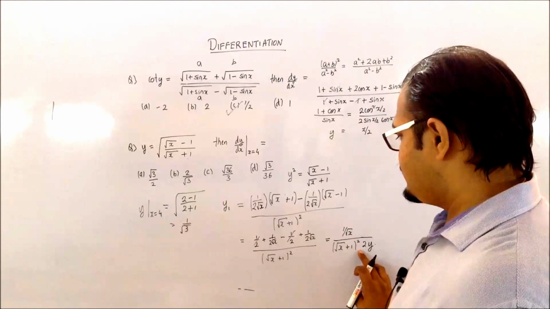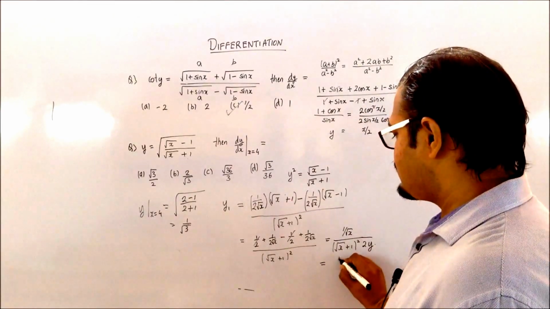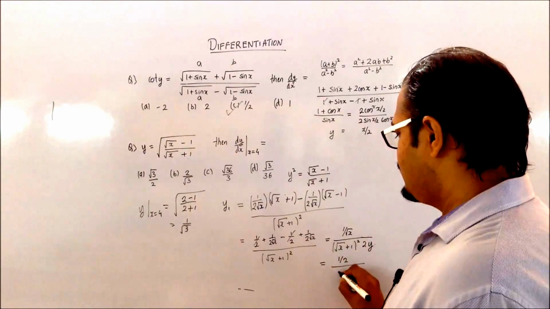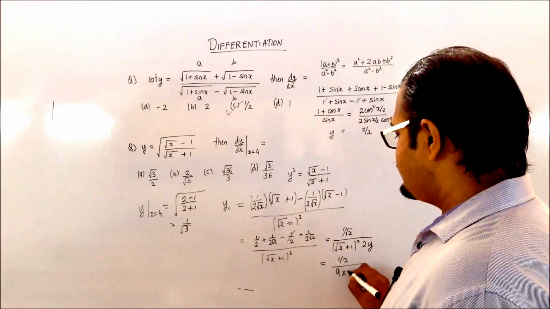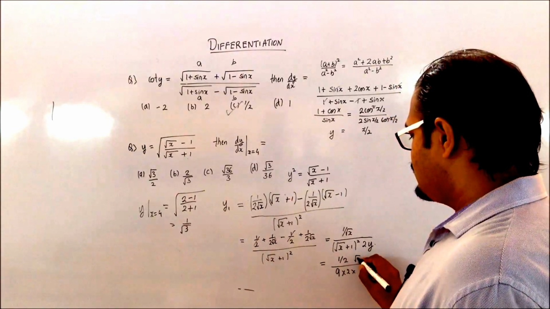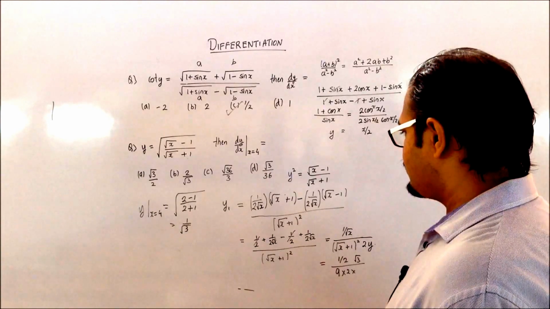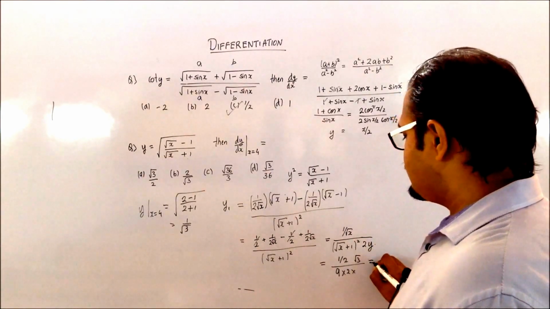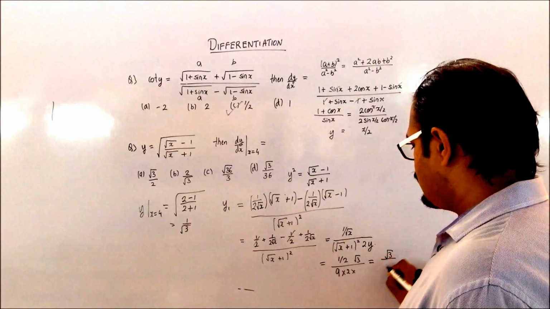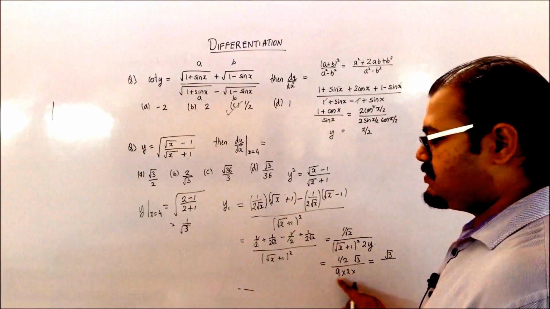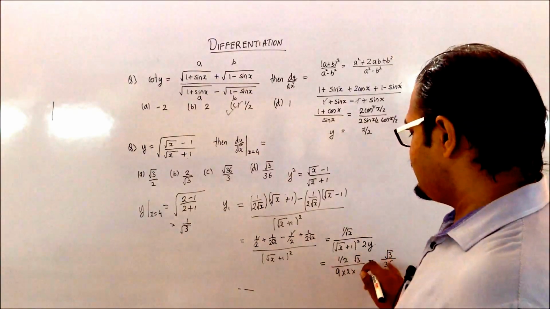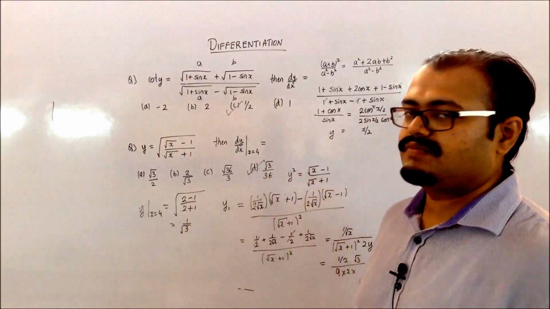So when you are just substituting over here, you will get this as 1 by 2 divided by this becomes 2 plus 1 square. So that is 9 into 2 into y is 1 by root 3. So this becomes like this. So your answer is going to be root 3 by, this becomes 4, 9 4s are 36. So root 3 by 36 is the answer. So your option is D.